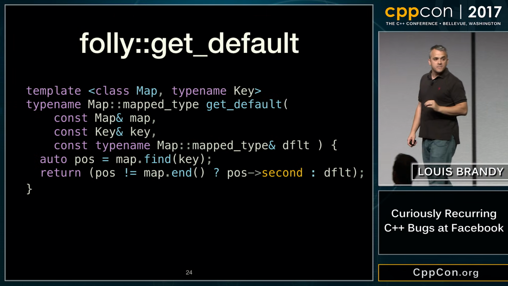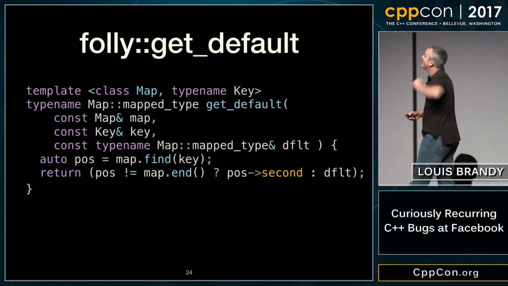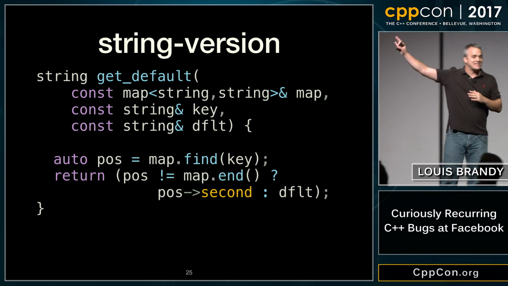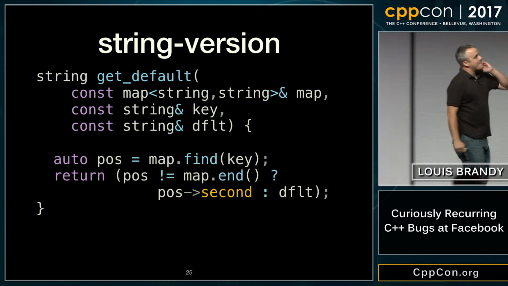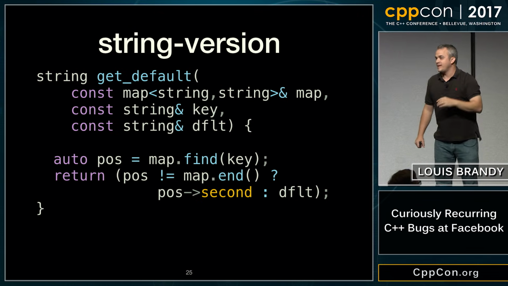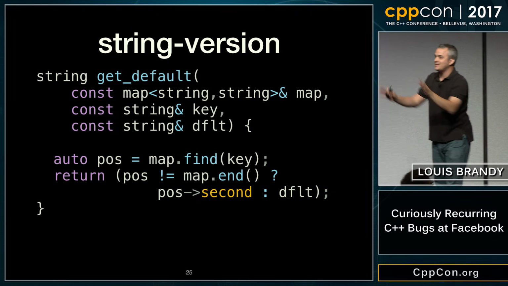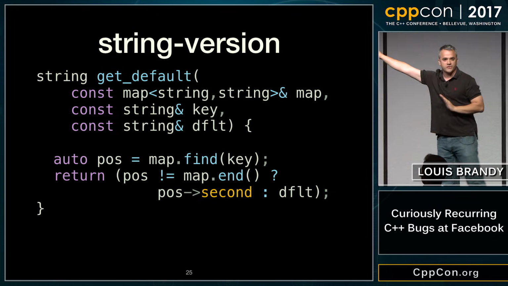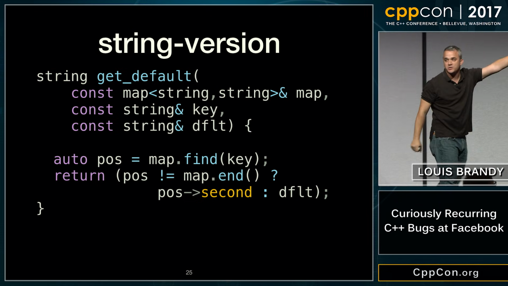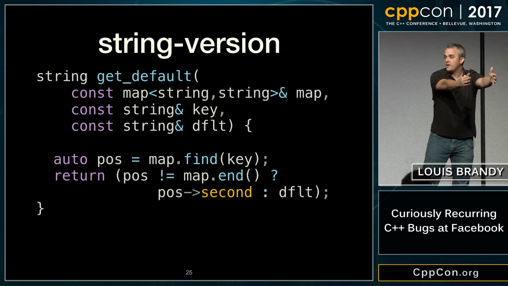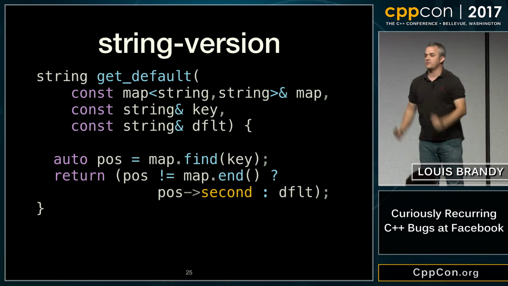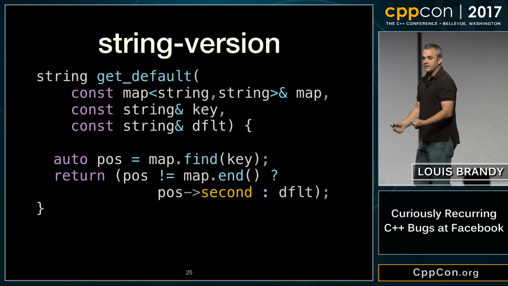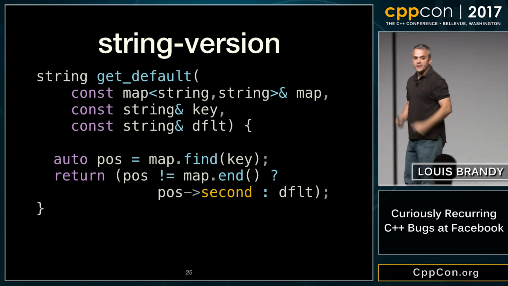Okay? Oh, I love this, man. So I had a whole separate slide to build it there, where I moved all the template noise to make it more obvious. I said, let's get rid of all the template nonsense and just do the string version of this. So this is the exact same slide, except with string substituted. So I made it much more obvious now. It returns a string by value.